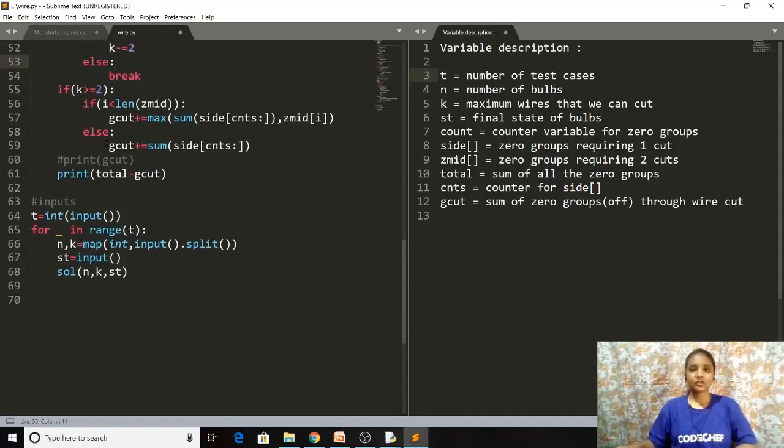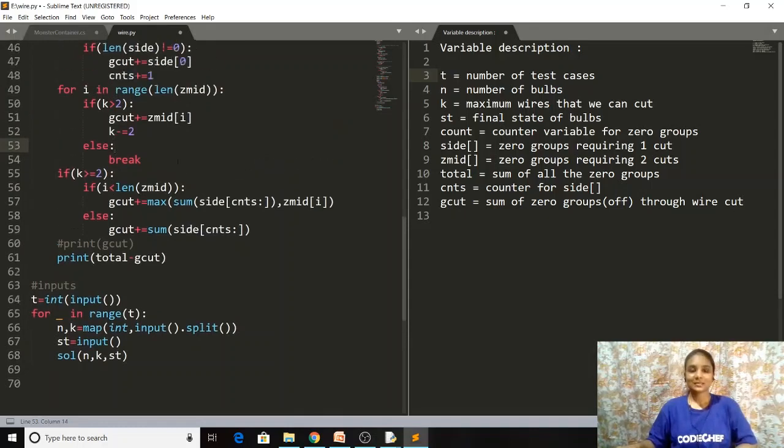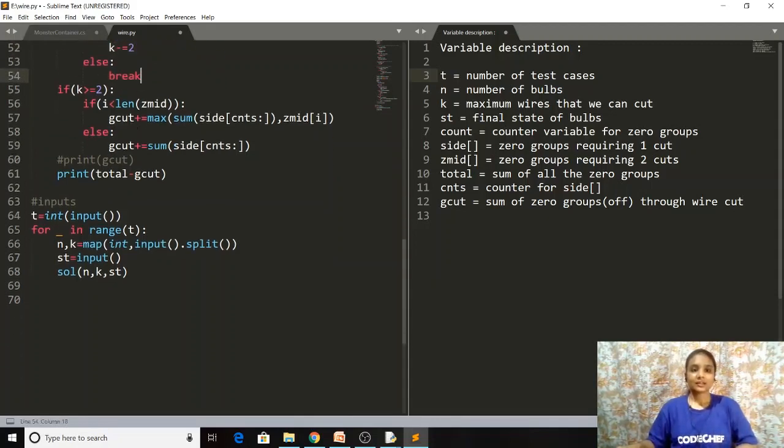Now after coming out of the loop, we just need to check that if k is greater than or equal to 2, then in that case, if i is less than the length of zmit. So what does this mean? That means there are still some elements left in zmit after this loop is run, then we will check the maximum. That is, we can select either one element from zmit or we can select the remaining elements from side. So we are checking that